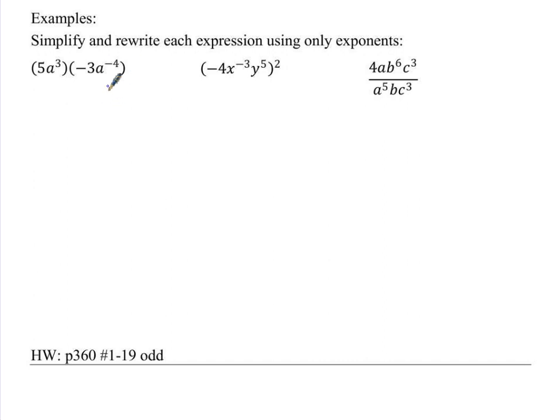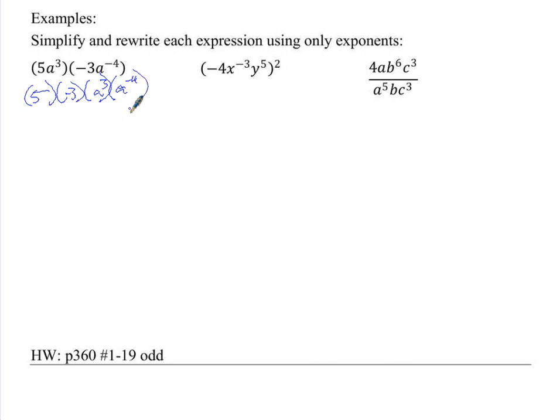I see like bases here, so I know that when I multiply like bases together, I need to add the exponents. I see numbers sitting here, and all of this stuff is being multiplied together. Because of the commutative property of multiplication, I can multiply in any order that I want. To do a problem like this, you are using all of the properties of exponents. I can rewrite this as 5 times negative 3 times a to the 3rd times a to the negative 4th,